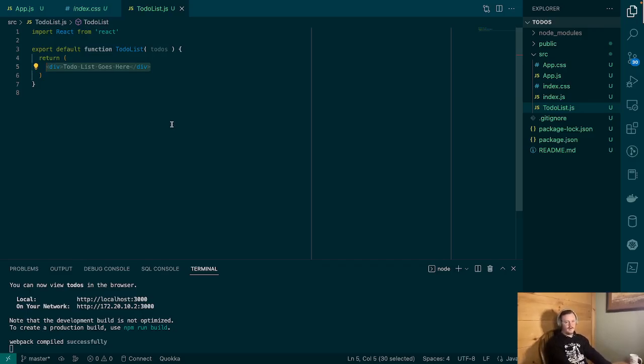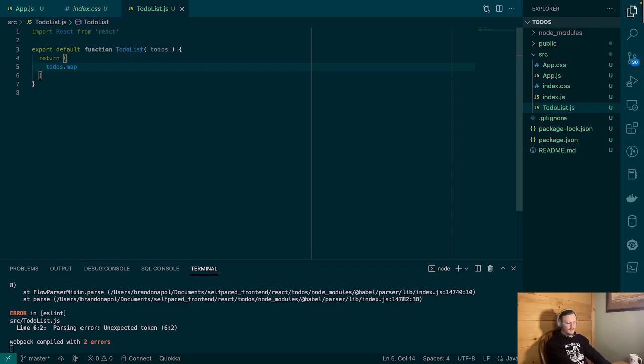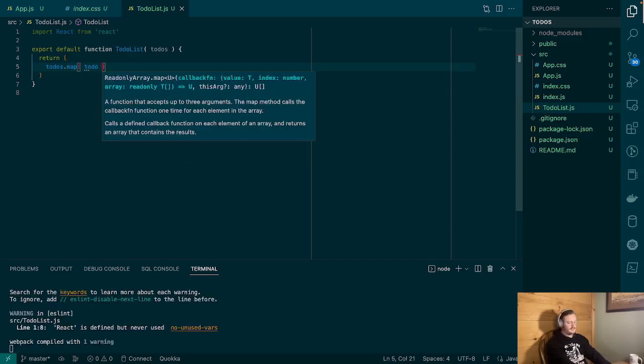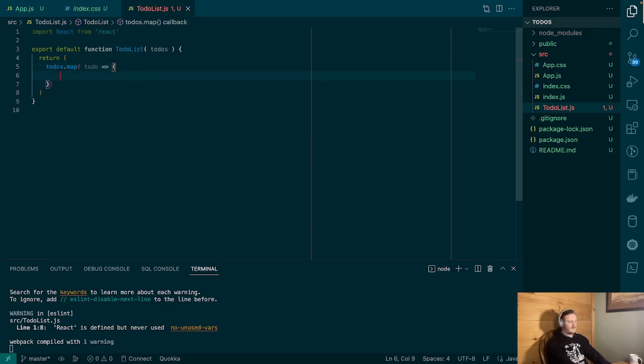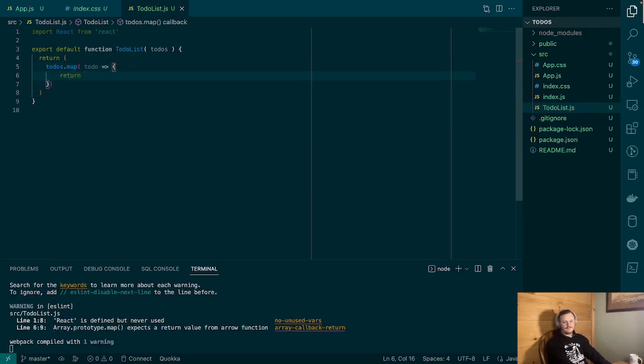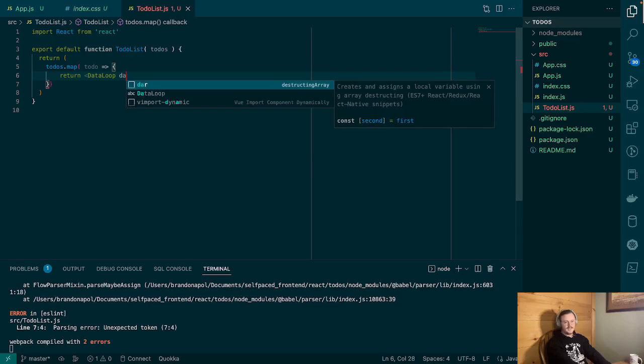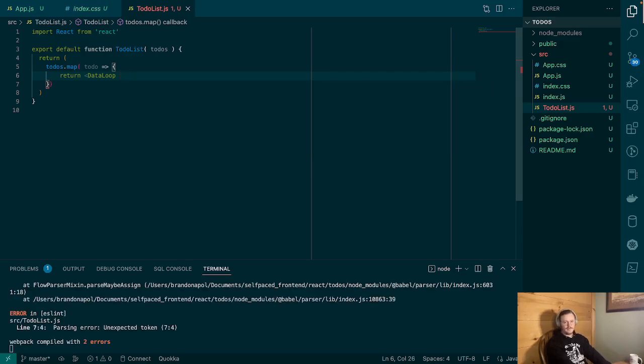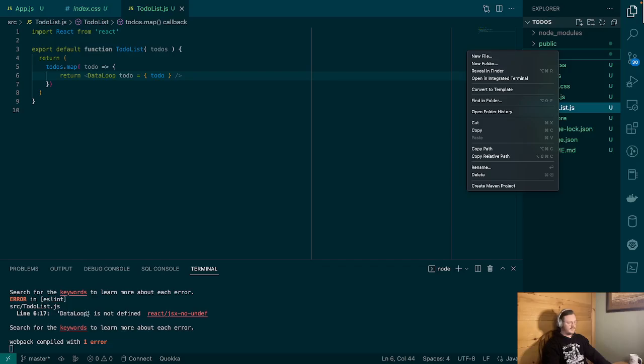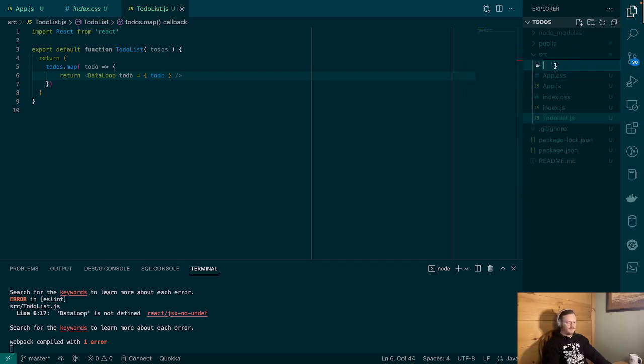We're going to say todos.map, and for each to-do, what do I want to do? I want to return a new component called DataLoop, which we're going to make in a second. We're going to say key, but we're not going to mess with the key yet. We're going to say todo equals todo, and close that off. And we need to actually make that thing because now it's mad. It says it's not defined. Okay, that's fine. So we're going to say DataLoop.js